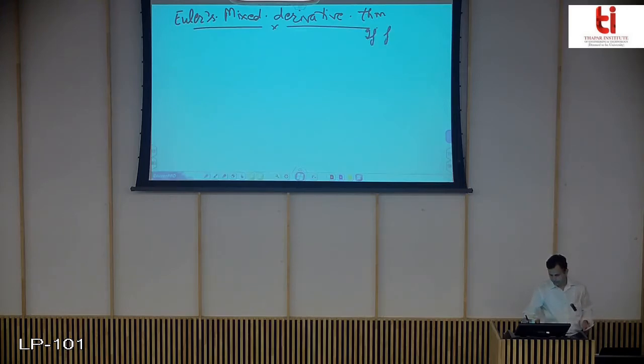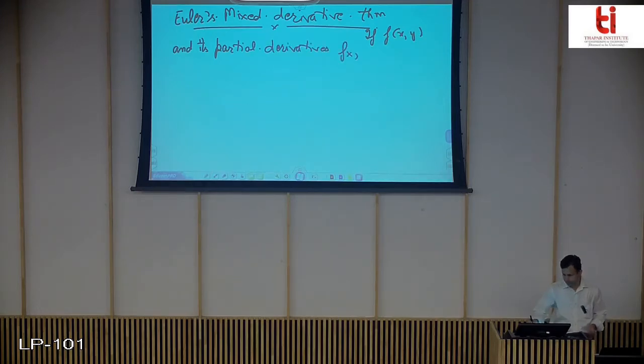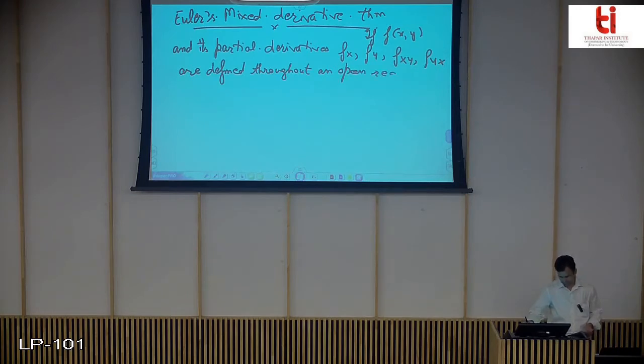According to Euler's mixed derivative theorem, it says that if f(x,y) and its partial derivatives like fx, fy, fxy, fyx are defined throughout an open region containing (a,b), and are all continuous at (a,b),